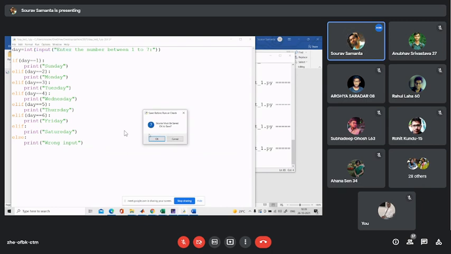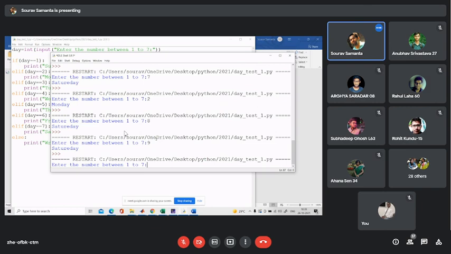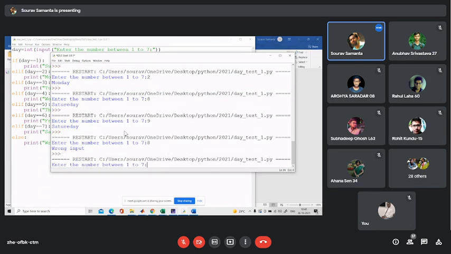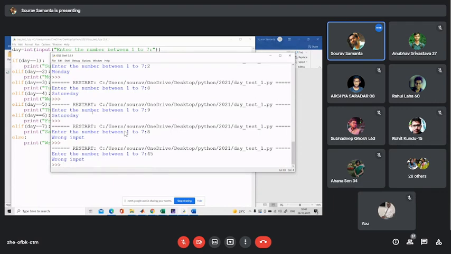Now you test the module. Okay. So now your small program is totally working for your input conditions as well as the conditions which are outside your given range.